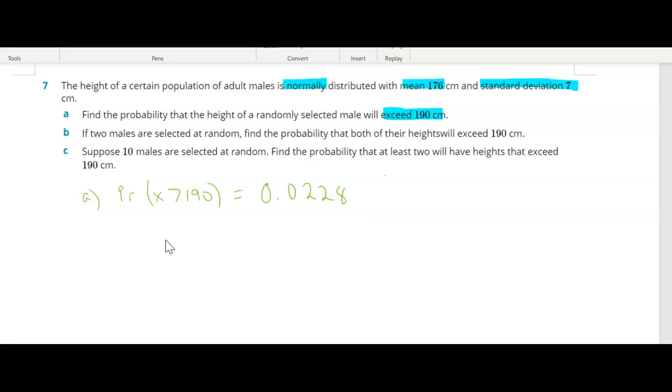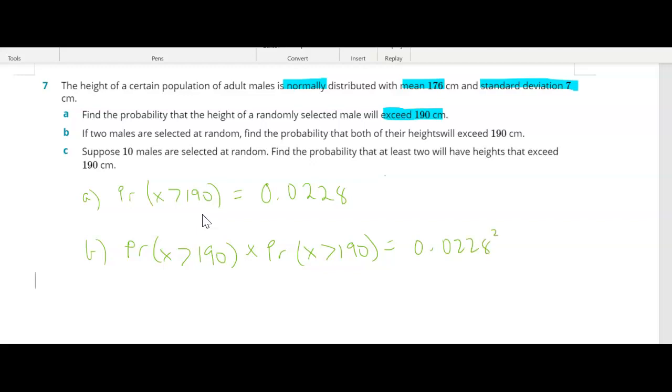All right, so if two males are selected at random, find the probability that both their heights will exceed 190 centimeters. Okay, so two men, we want the probability that X is greater than 190 times the probability that X is greater than 190. So we've got the two men, so we're multiplying their probabilities. So we did that before. Okay, so that is the same as